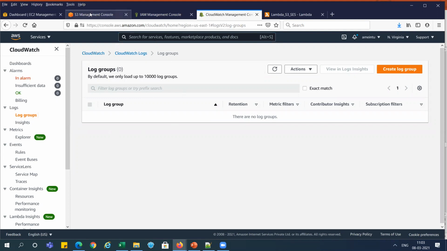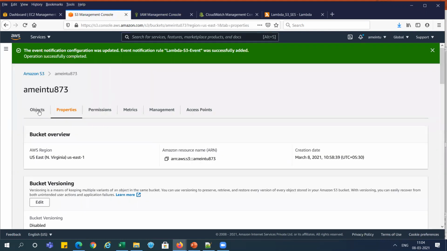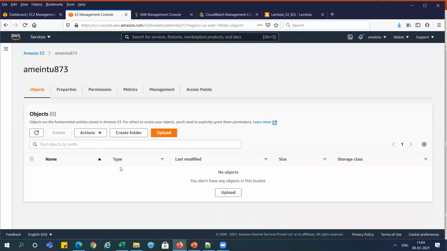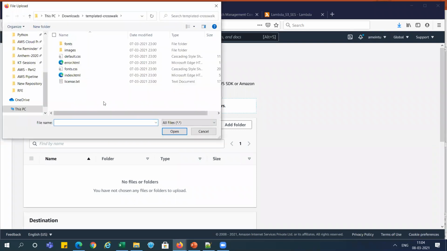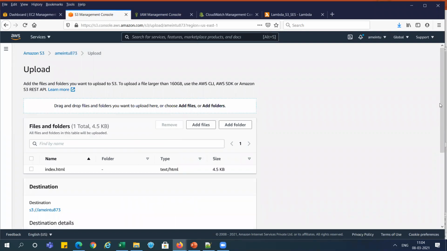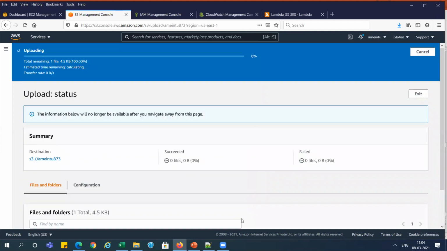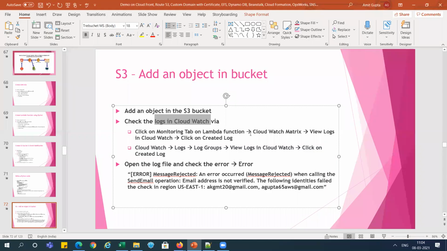So let's go and add something in the S3 bucket. I'm uploading one file there, index.html. When we upload, this Lambda function will trigger, right? And one file is uploaded.